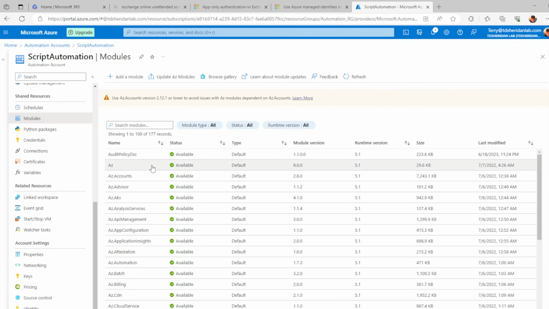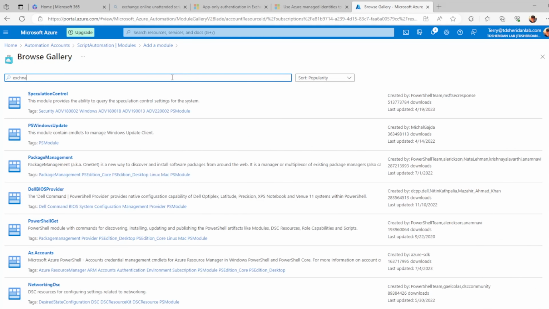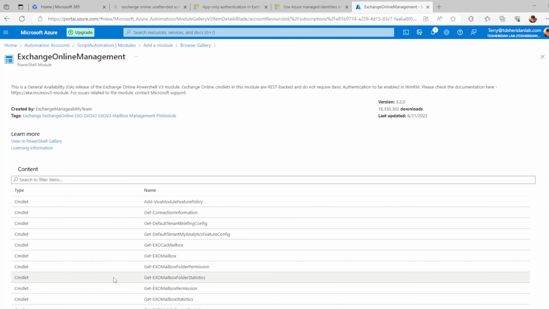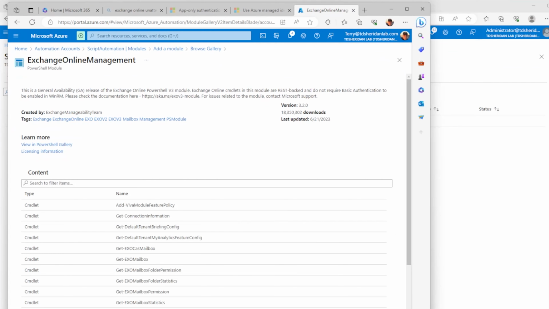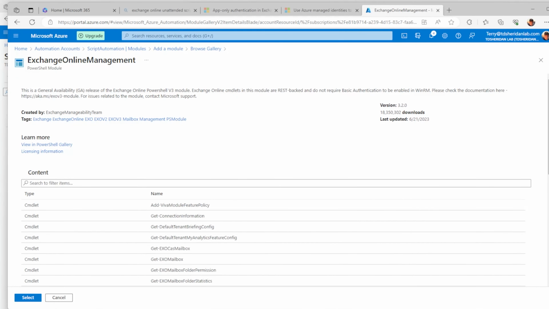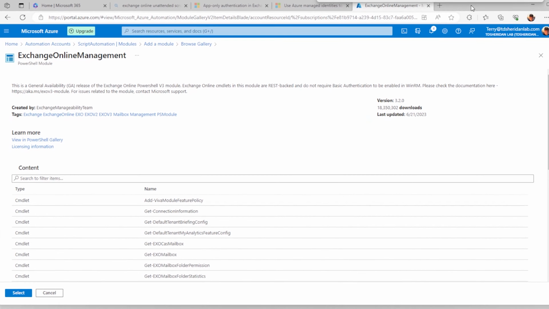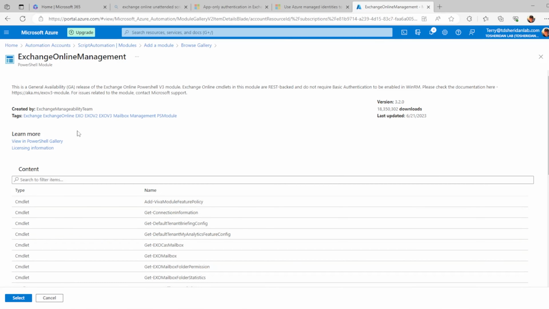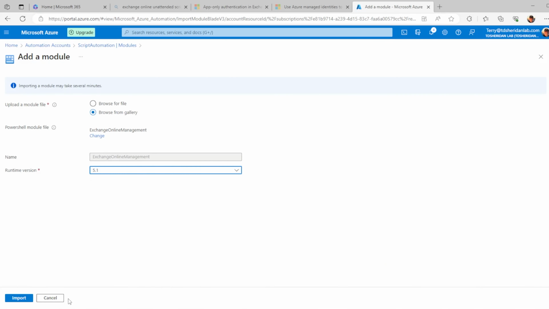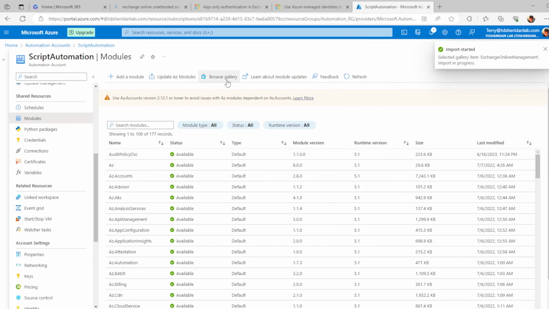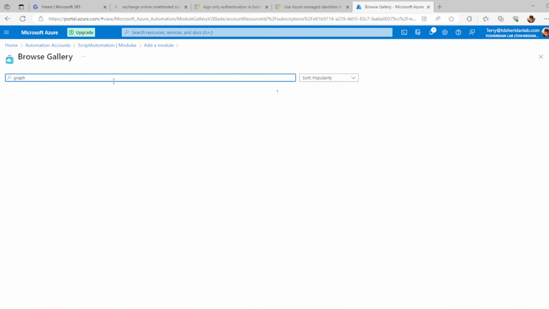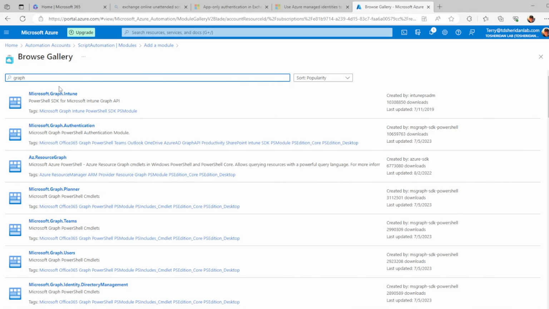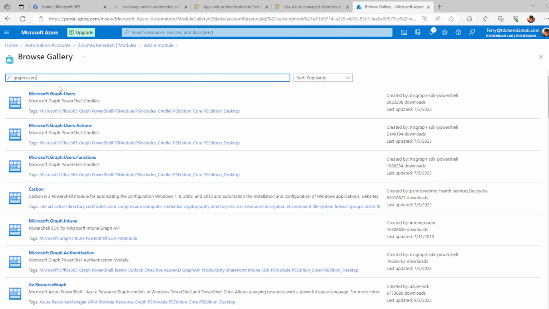With Azure Automation, just like your local computer, wherever you want your script to run from, it needs some modules. So we have to go and add them in to Azure Automation. To add them in, you simply go to modules and then browse gallery. Pick the module and the version of it that you want to run and click install. For this solution here, we need the following modules: Exchange Online Management, Microsoft Graph Authentication, Microsoft Graph Users, and Graph